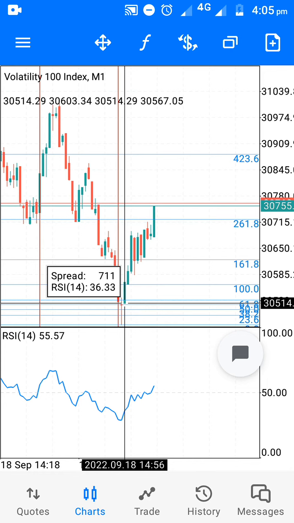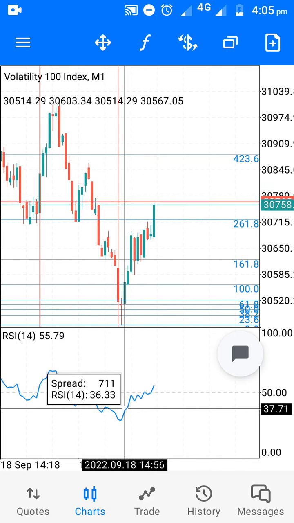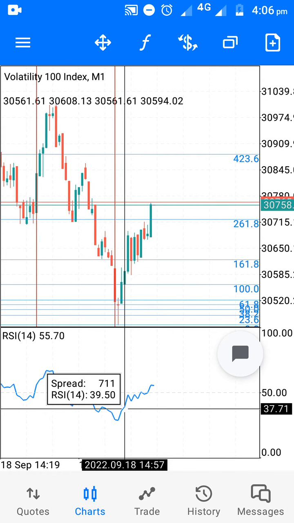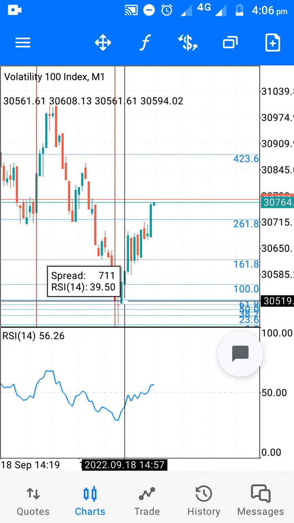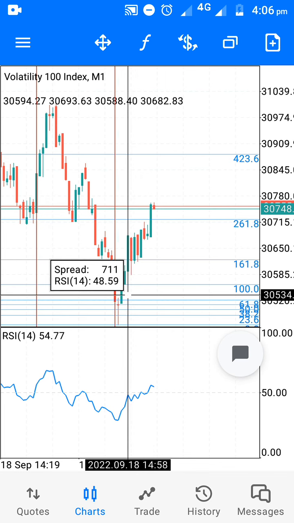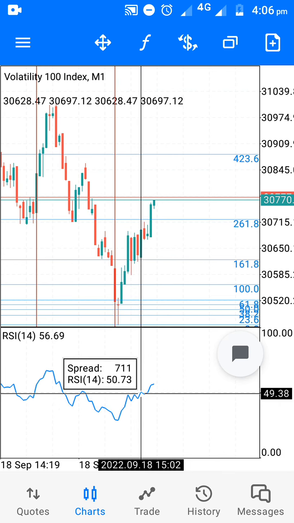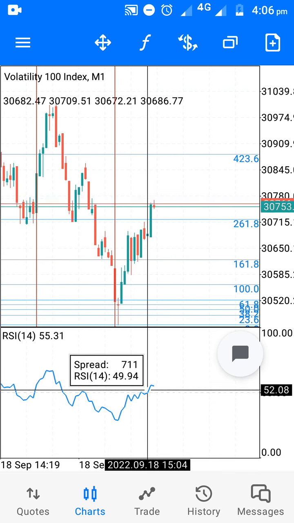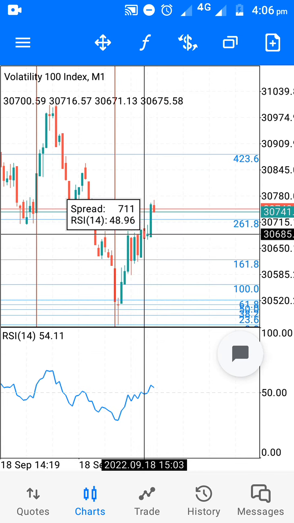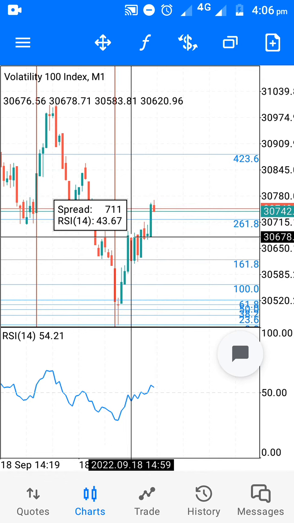Now at 61.8, the RSI is still below 50, which means that those who trade with RSI will be waiting for the market to cross 50. In fact, RSI was still at 37 when we saw our entry signal at 61.8 using our own strategy, and then RSI crossed to above 50 on this candle or the previous candle here,